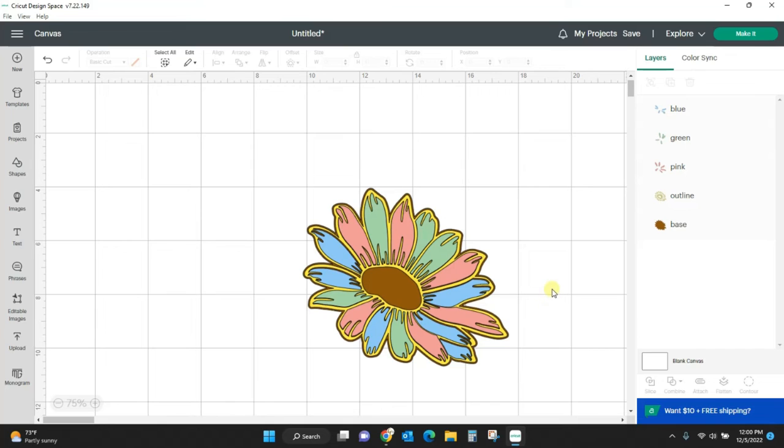Okay, so I just took that single layer outline flower and created 5 different layers in 5 different colors to make this more detailed, intricate design. That is what you will use contour for. You can also use it to delete parts of a design that you don't want. So let's say